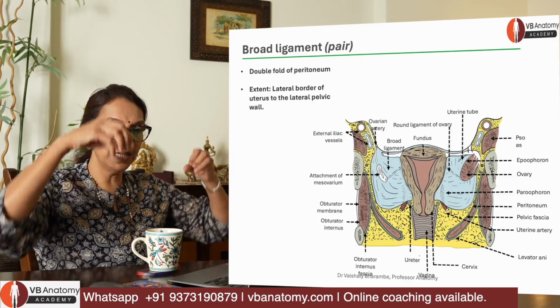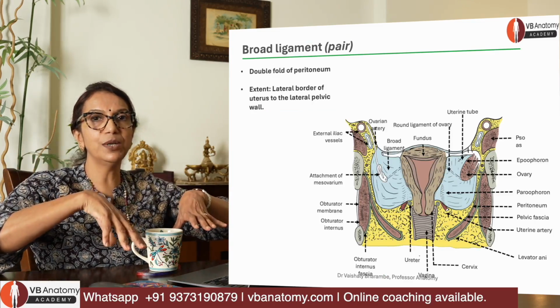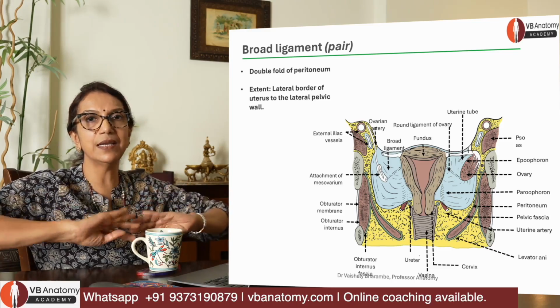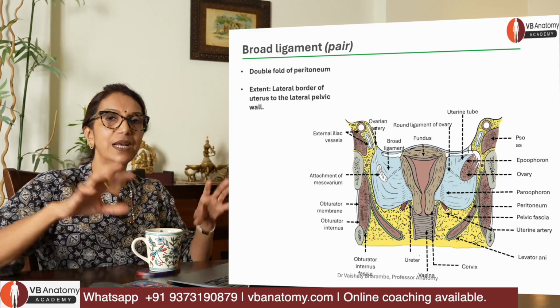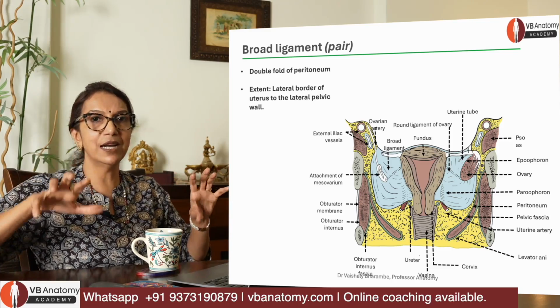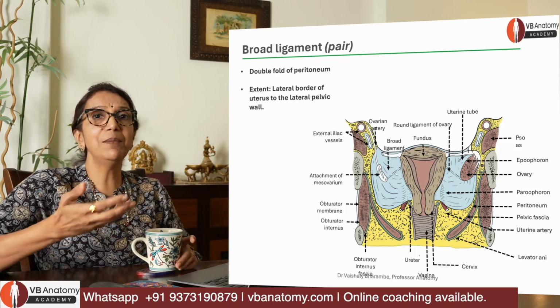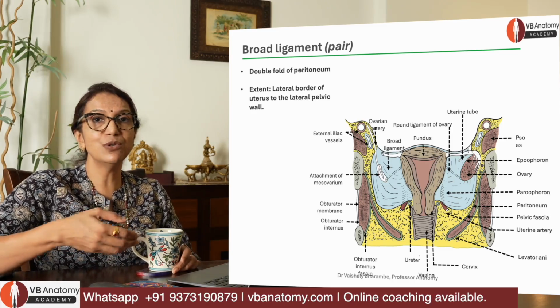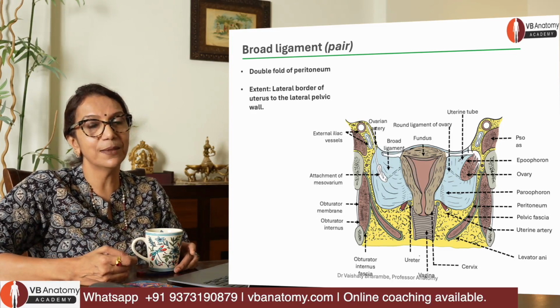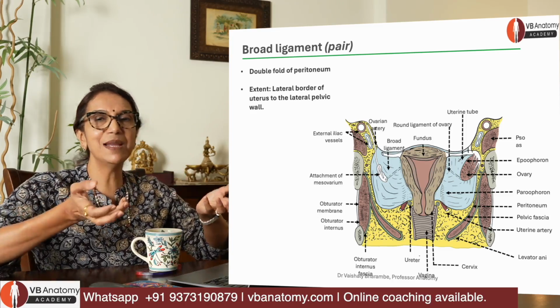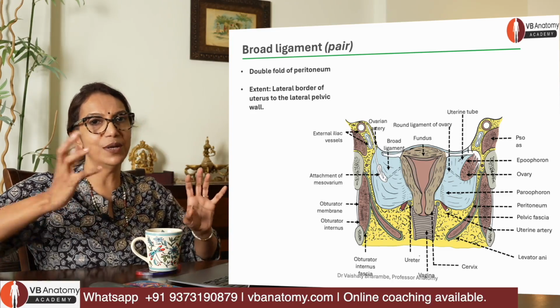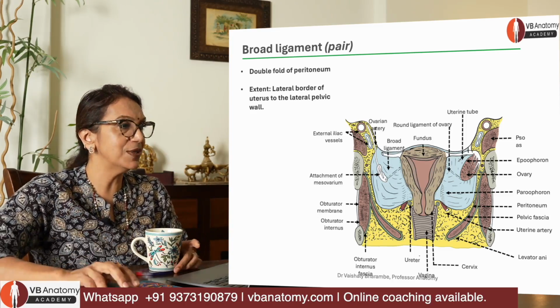Continuing with the last bit, the broad ligament peritoneum that you draped over the uterus anteriorly and posteriorly. So there are a double fold. There are two broad ligaments on the right and left. I am mentioning this because as a student I used to think that broad ligament is only one. So basically it's the same layer but described as two, one on the right and on the left. Okay.